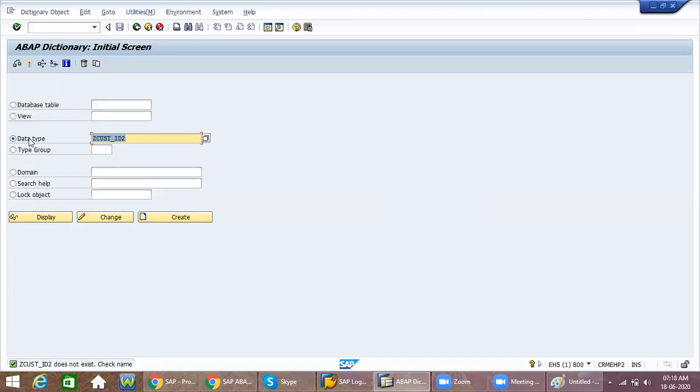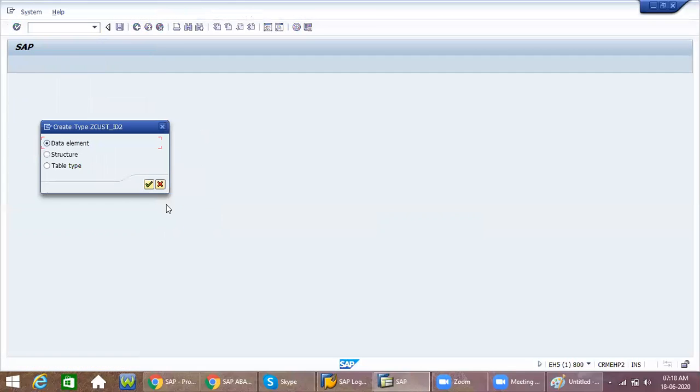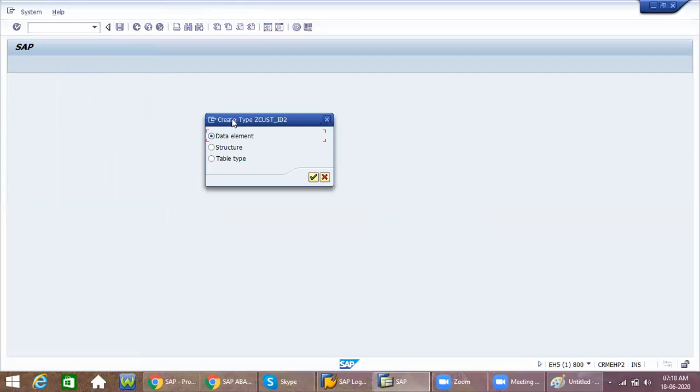Check the radio button, data type, and provide your data element name starting with Z or Y. And next step is click on create. Here, this one pop-up will come. In this pop-up, now we need to create data element only.